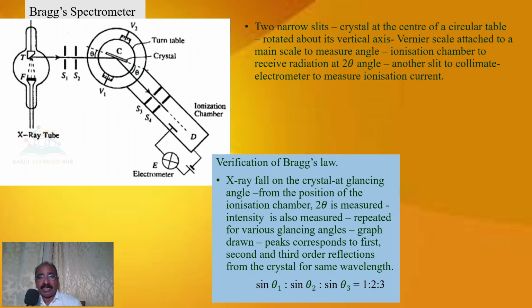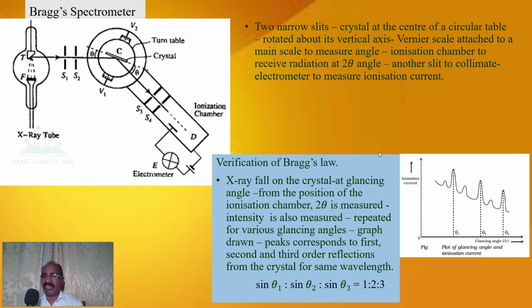Now the experiment is repeated for various glancing angles. For various glancing angles, we measure the intensity of the rays that are diffracted here, and we draw a graph. The graph would be as shown in the figure: glancing angle versus the ionization current. On seeing this graph, we see three peaks